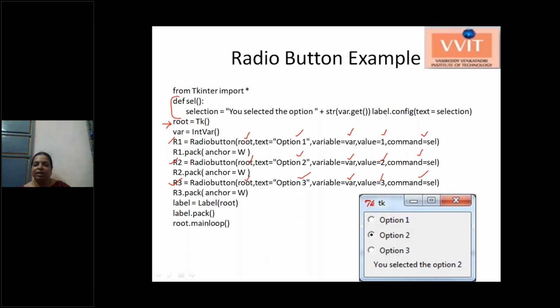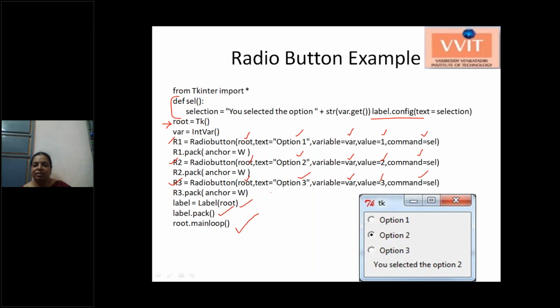With label.config, we configure one label with this text, the selection text we have created, and show it in the label control. Here we have created one label control that is attached to the main window, and for that label we are showing this message. Within that label, it shows the message. And open the main window.